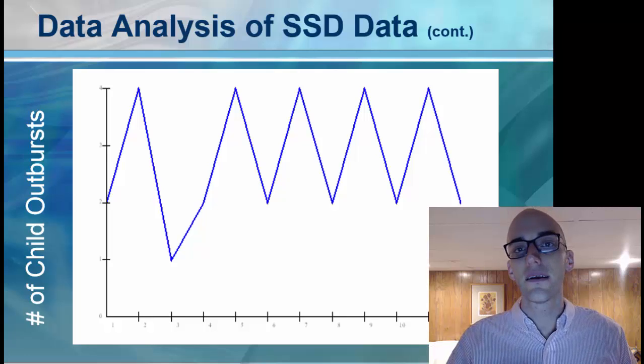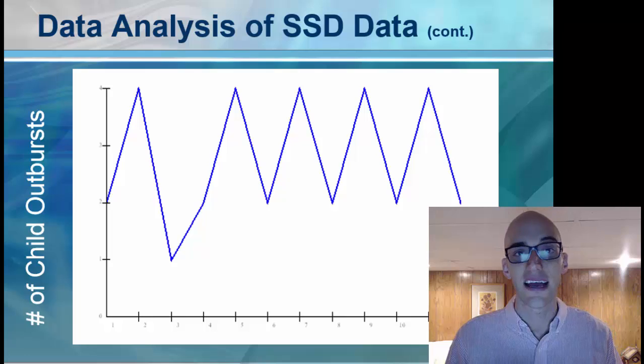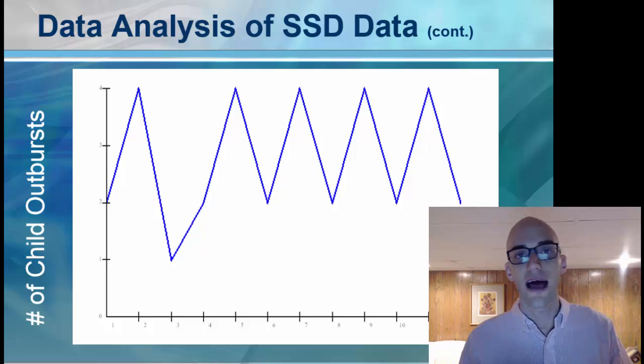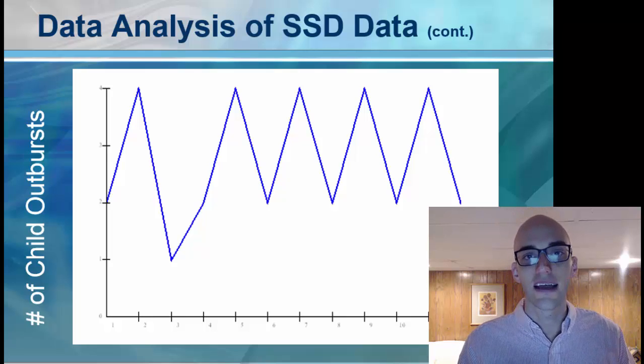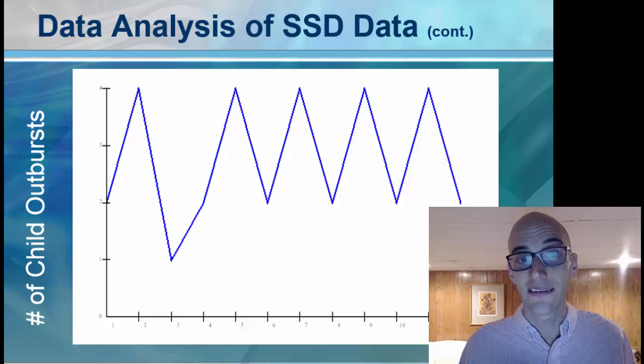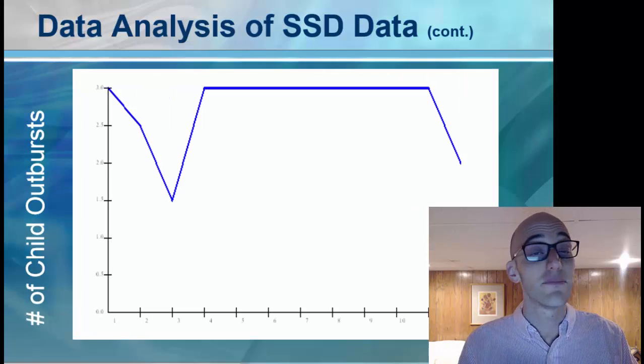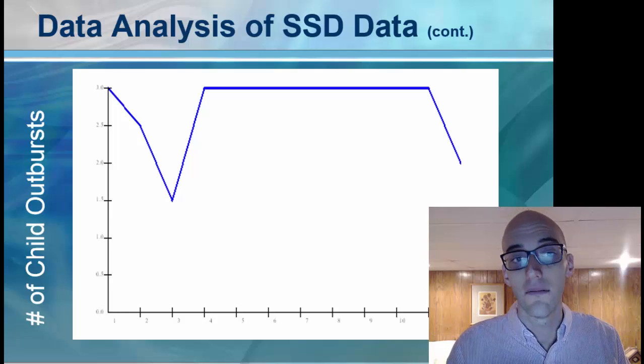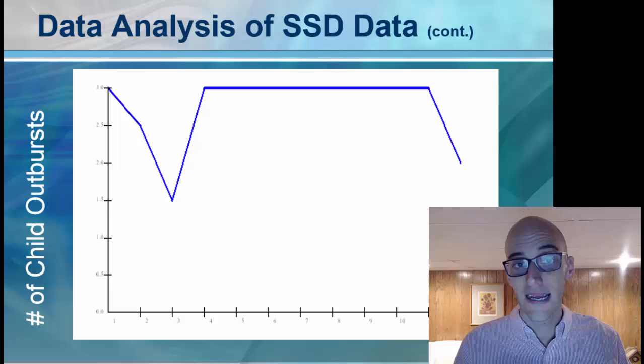So in here, it would be the same thing, where the researcher would be led to believe that there was something about their baseline or something about their intervention phase that was leading the child to have a certain number of outbursts, or more or less compared to the baseline. That had something to do with their intervention, but it was really just the fact that they were going to their grandparents' house and they're having less outbursts there. So this is the exact same data, but using the moving average transformation. So here you can see that there's this nice flat line, and we can compare their average baseline outbursts to